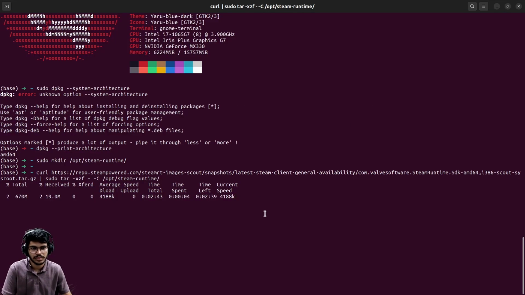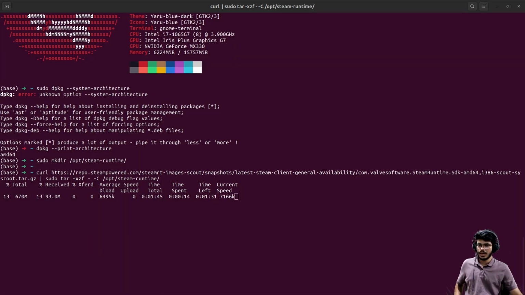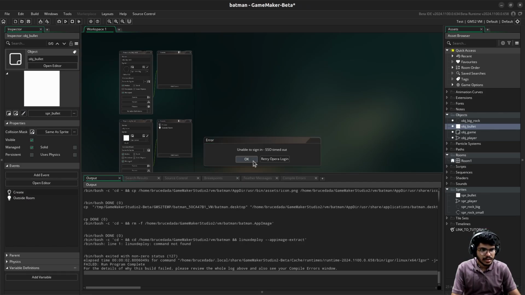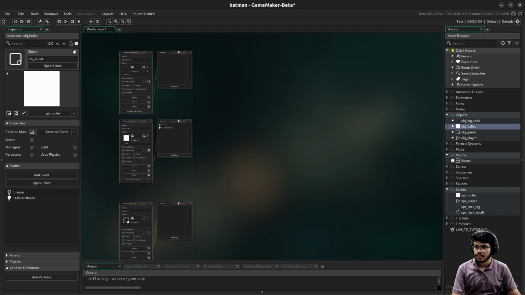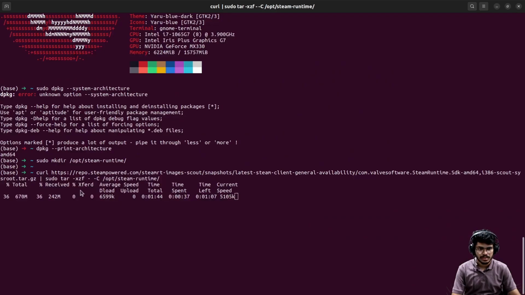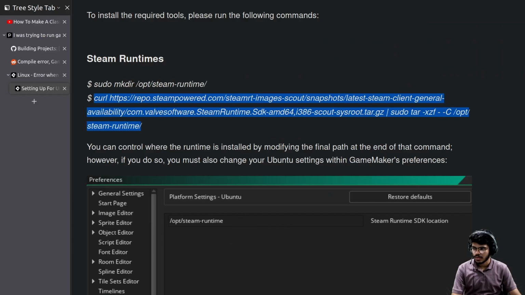That's a good thing about Linux. You can do anything anyway, even if they have told you specifically not to do it. That is how it works. Is it a very large file? I'll be damned. Okay, let's wait until it's downloaded. We'll continue with our